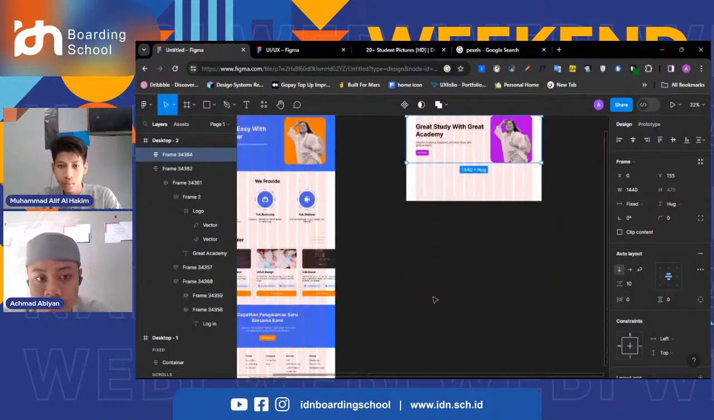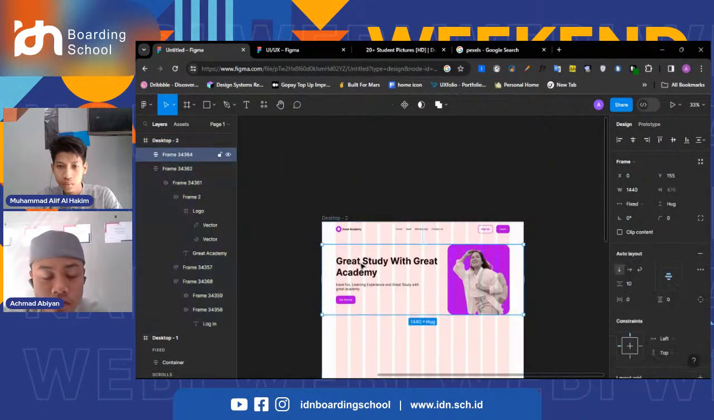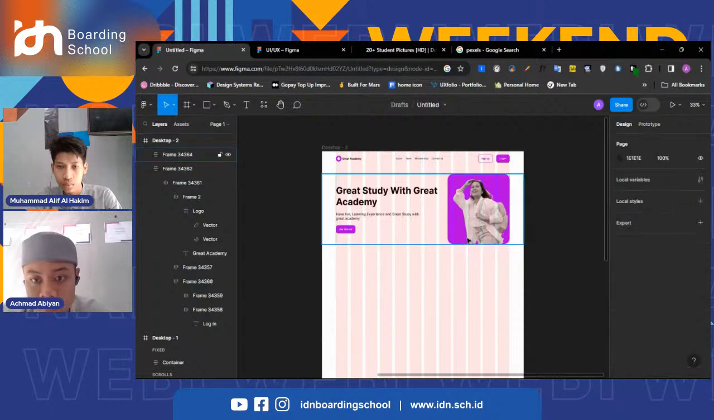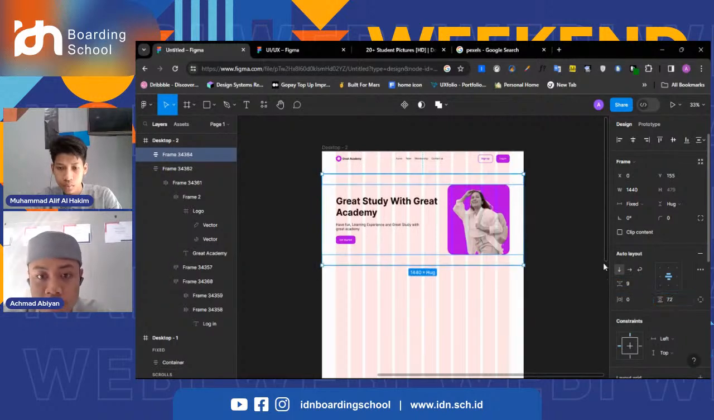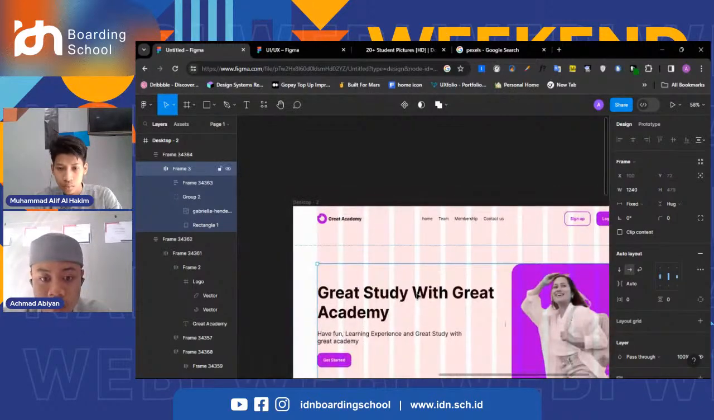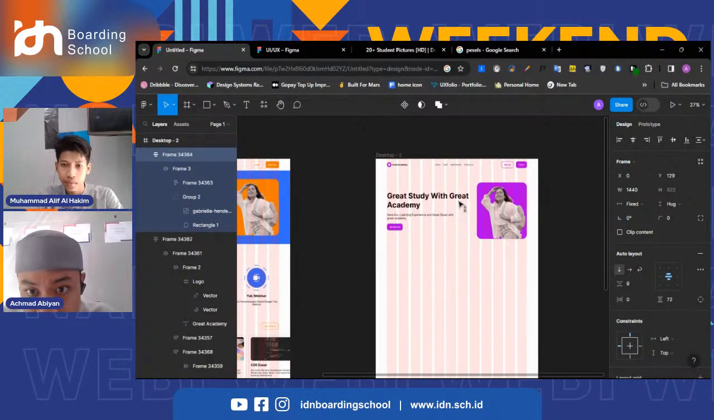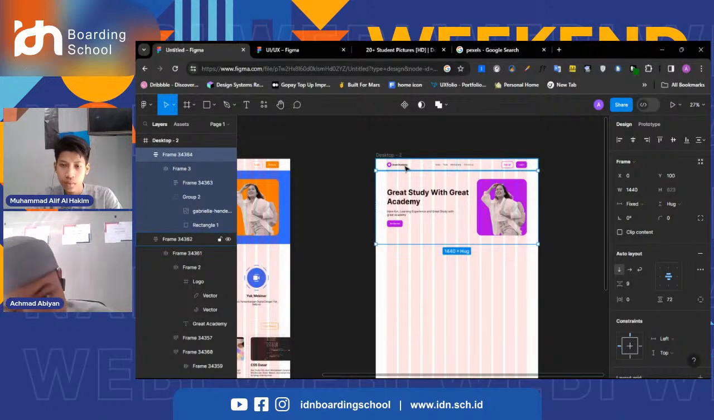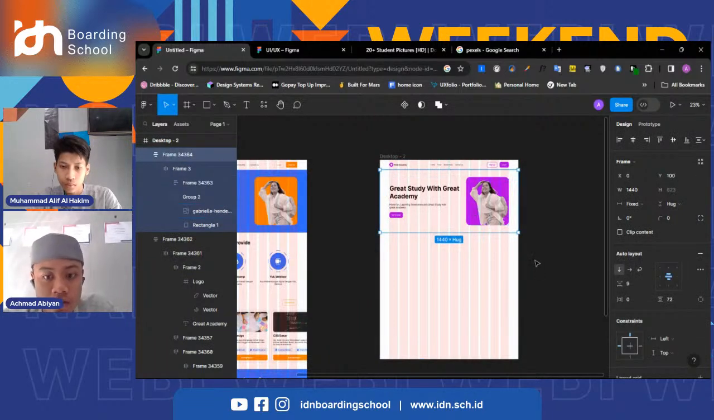Okay, and change the vertical layout to 72 because the spacing between the element and the container, or between sections, is 72. That is the space between the elements and sections. Okay, after this we can